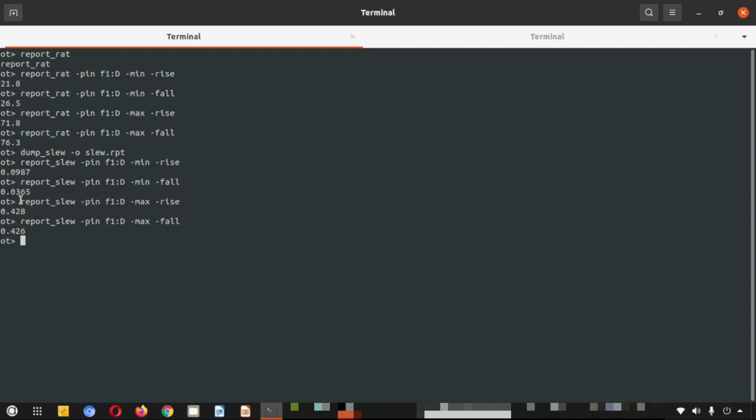Here we have reported the slew for F1:D. Now let us compare with the four column values that we have in the slew report file.